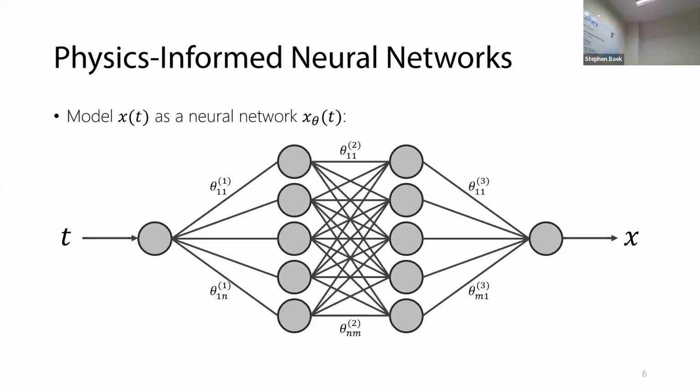So this is one thing that you can try to do, right? To model x(t) as an artificial neural network, where the input to the neural network is the time t, and the output of the neural network is the position x. You can have any number of hidden layers and hidden neurons inside of the neural network, but without loss of generality, we're going to just call it model